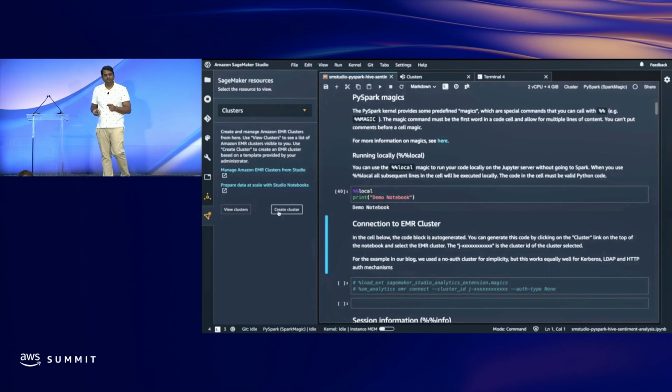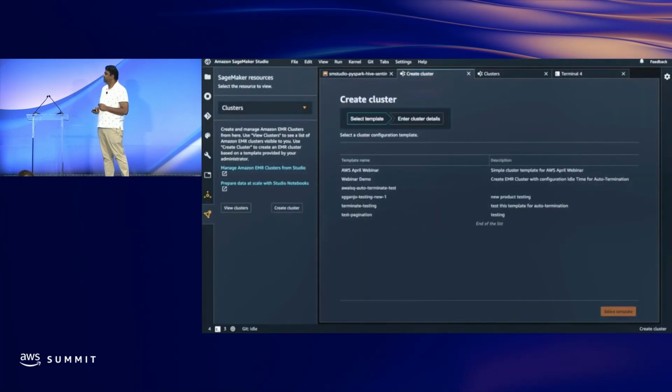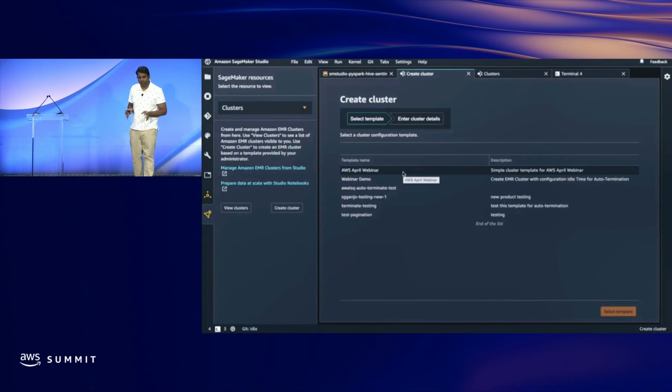So to create a cluster, we press the create cluster button. What we see in this interface are specific templates an administrator has made available to the data scientist. An administrator can choose to only make templates available to the team leads in an organization, who can create clusters on behalf of junior data scientists. So the admin would have full capability to create clusters in the organization or give permissions.